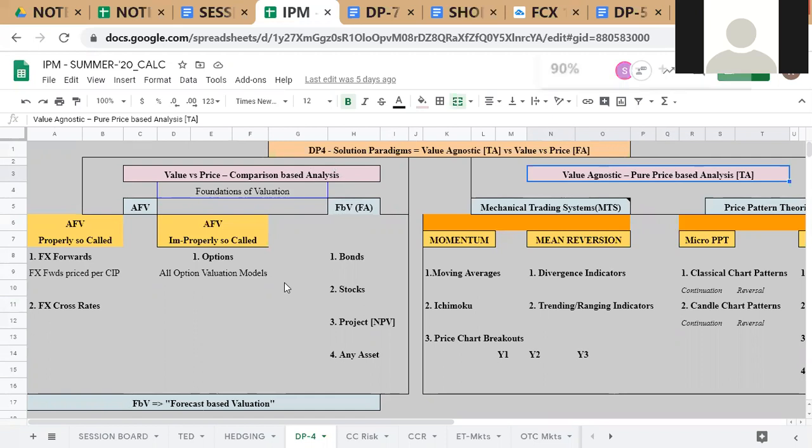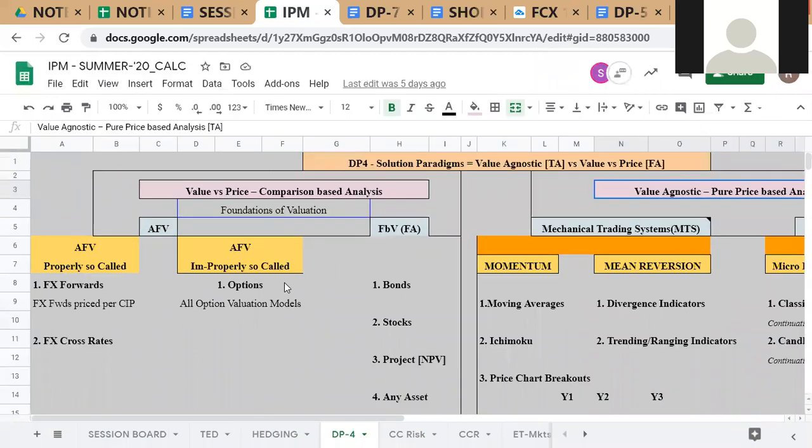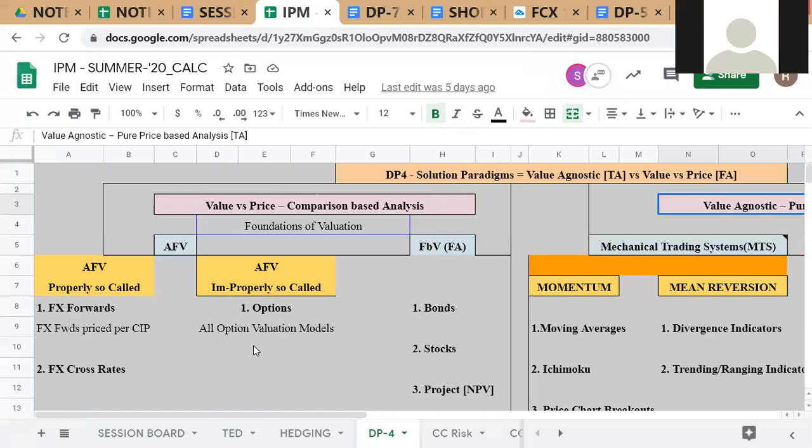So now I'll just zoom in again so that you are able to see it a little clearer in terms of the font size and all that. All right, so I'm just now going to this. So there are two approaches. How do you solve this? There are two philosophical approaches. Make sure you understand this part very well, because this will not be there in any book, but it's important